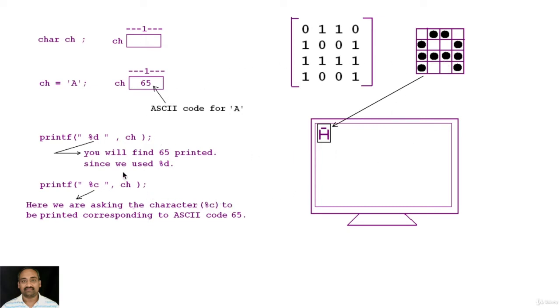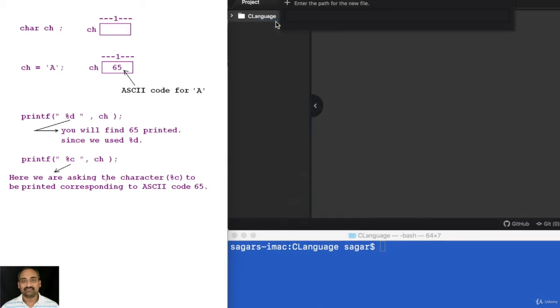You just need to figure out that whenever we save a simple character in the variable, the corresponding ASCII code is saved and not the actual character. You can see this value when you use %d and supply ch; it will actually print the corresponding ASCII code. Let us see this with an example and check out how we can operate with the character data type. I'm going to create a new file.